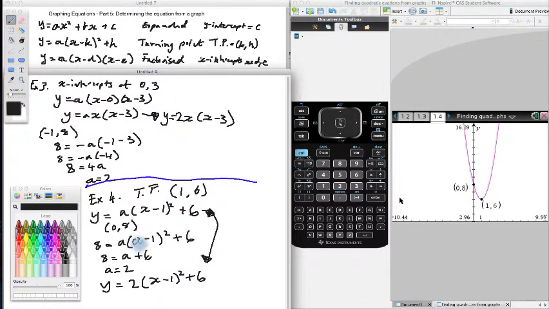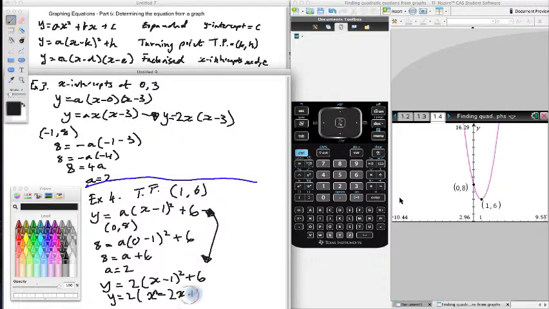Now, with all of these examples we've done just now, remember at the start that I said it's good to write everything in expanded form? Well, I haven't been doing that, but I'll just do it for this very last example for you to see what I mean. So writing this one in expanded form, we've just got to expand the brackets out. So we've got y equals 2. Now the (x minus 1) squared will become x squared minus 2x